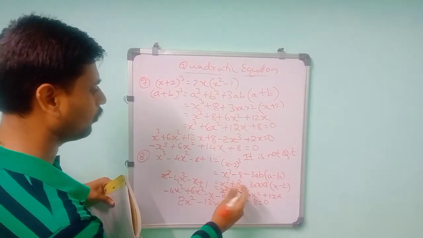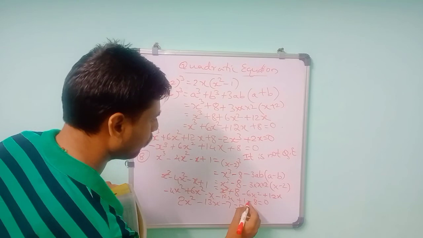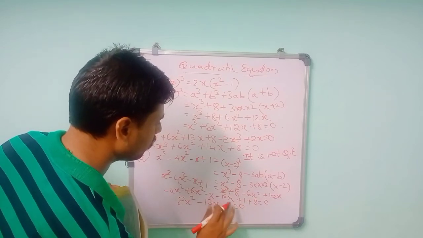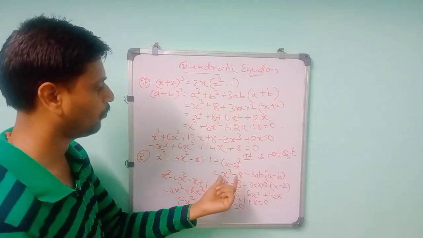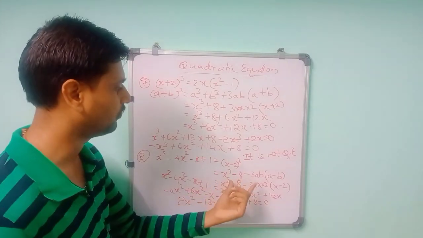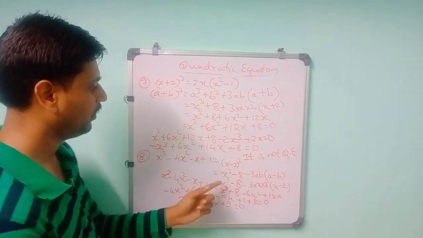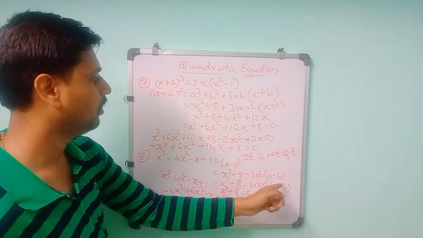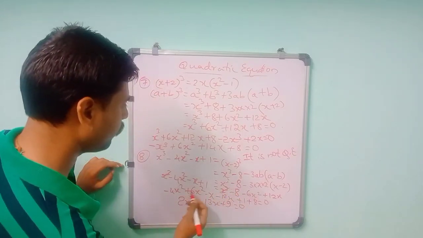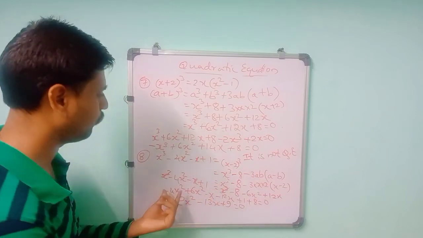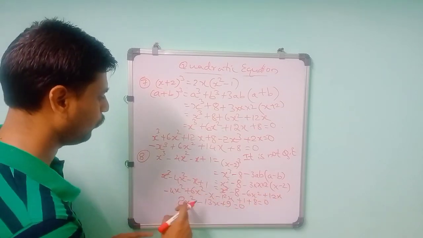Here a is x and b is 2, so x cube minus 8 minus 3 into 6x square plus 12x. Then minus 8 on this side becomes plus 8, with the plus 1 already present, and minus 4x square brought to this side becomes plus x square. Minus x remains, so it becomes 2x square minus 13x plus 9 is equal